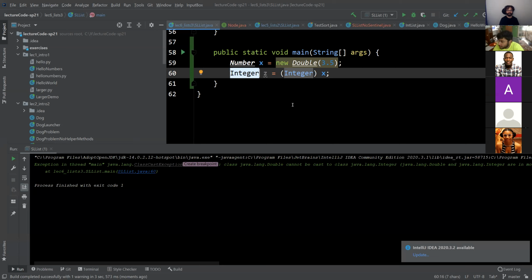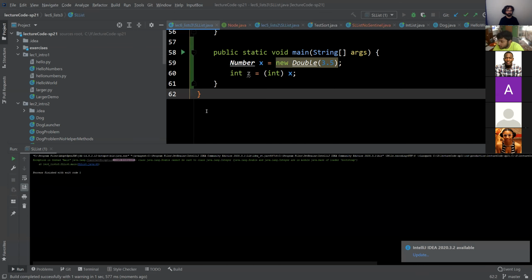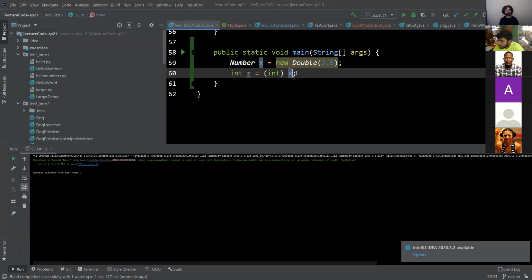Let's try doing some primitive types. What happens if we do this? I bet this will work. No, can't do it. Interesting. Okay, hold on a sec. I'm a little surprised by that one. Let me try something.